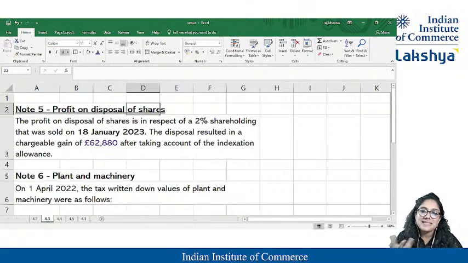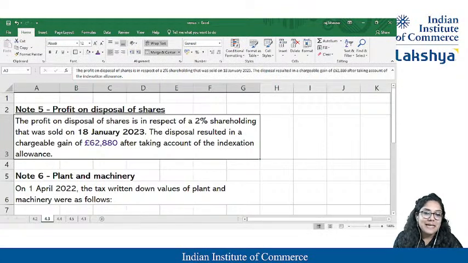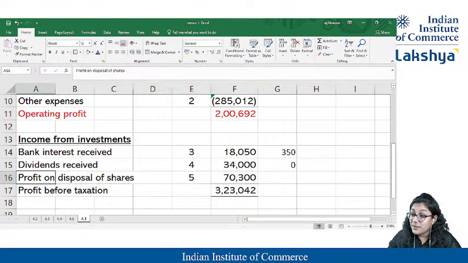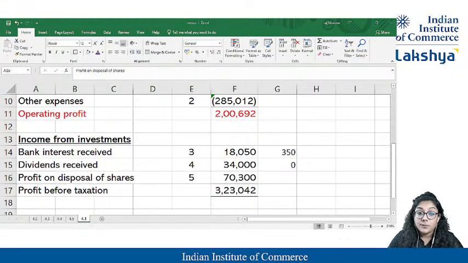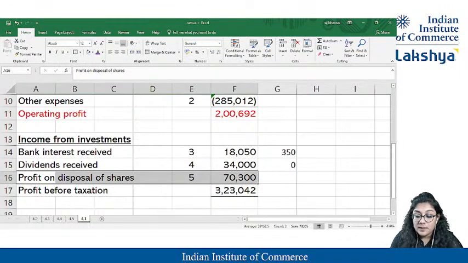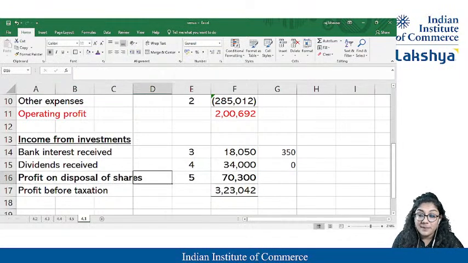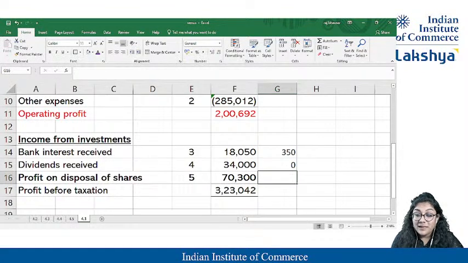Okay, cool. Basically, they have given also, after taking into account the indexation allowances. So that is very cool. They have already given 62,880, so there is no problem in that. You have already given us the situation. We don't care. But over here, they have taken profits of 7,300. So we need to take, oh, I'm so sorry. They have made 7,300, but that is a profit. But we know after indexation, if it is 62,880, we have to take in that much only.